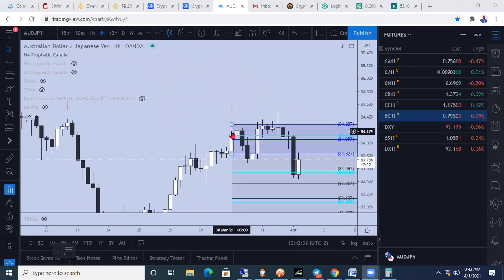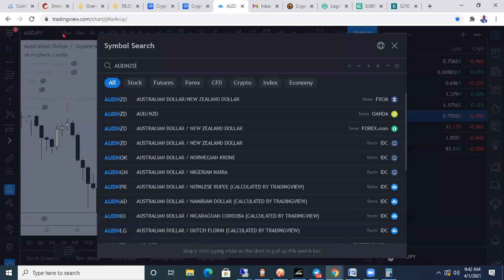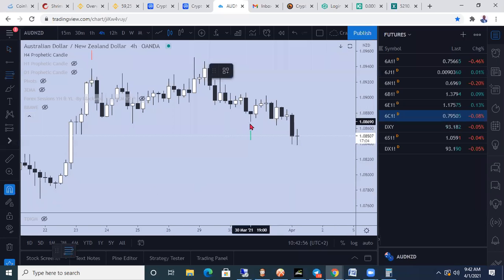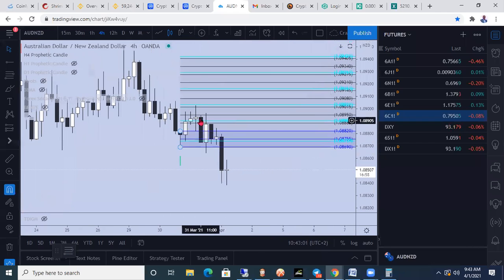Right? So I just showed you guys live how you could narrow down on your validations. We've checked AJ. Let's check AN, AUD NZD. All right, so look at AUD NZD. It came up on the 30th. It was bullish. What did price do? Price came back, tapped entry 1, went to TP2, invalidated,